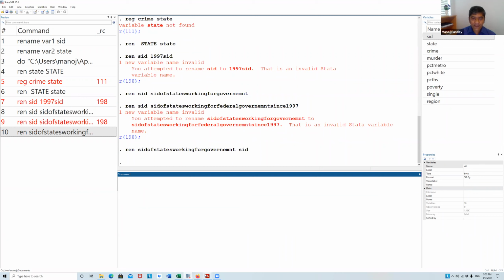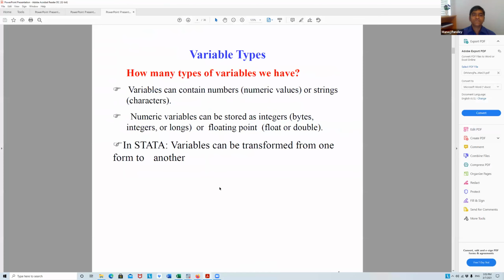Now the second thing that we want to learn is variable type. How many types of variables do we have? Generally, we have numeric values or string values. Okay. Within numeric values, there are bytes, integers, longs, float, or double. Okay.